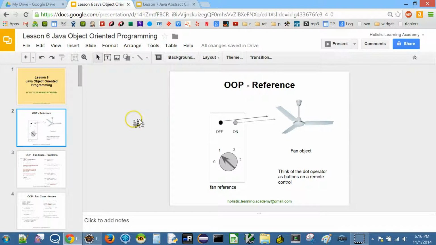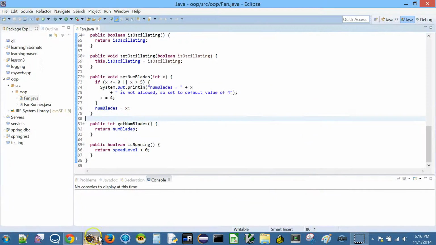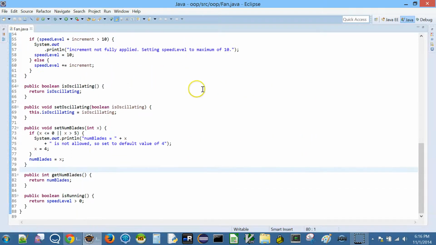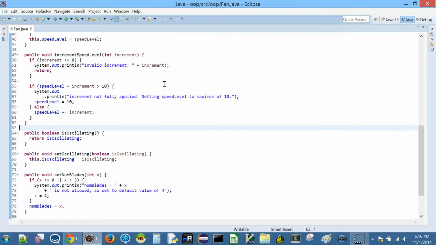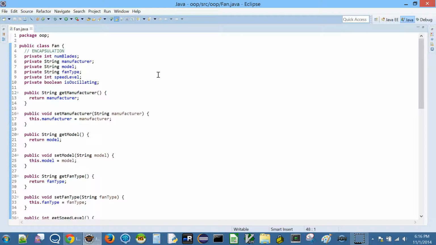So next, let's address some of the other problems. The first problem that we solved in the last class was encapsulation. We saw that we don't want anybody to be able to change these levels without this class itself controlling everything. The next point we are going to address is that there are some more problems here.